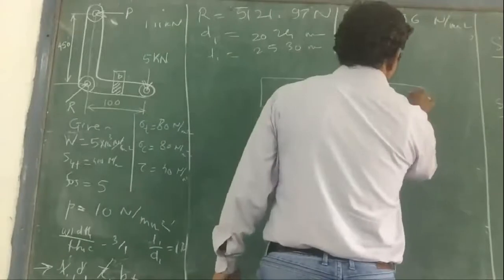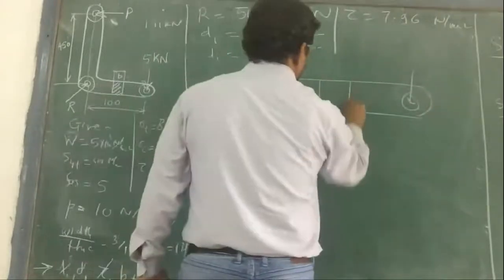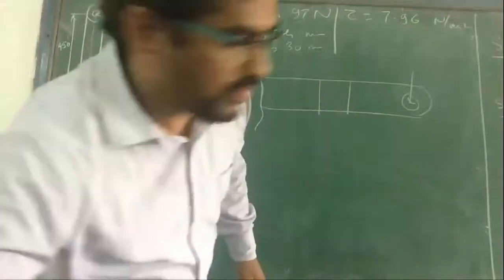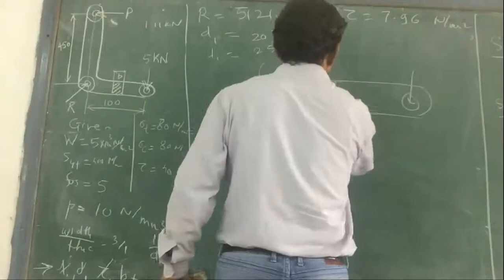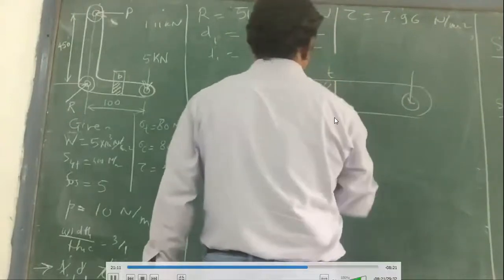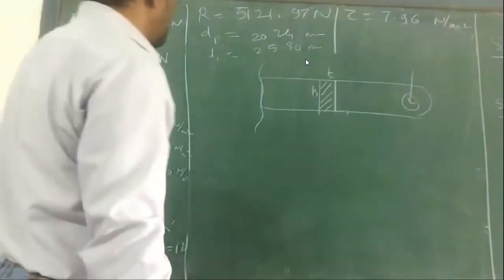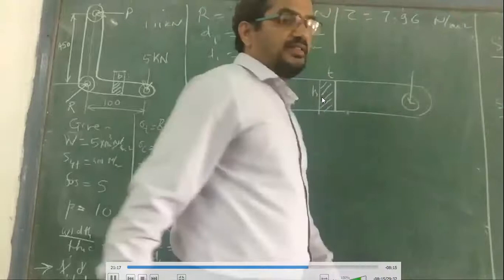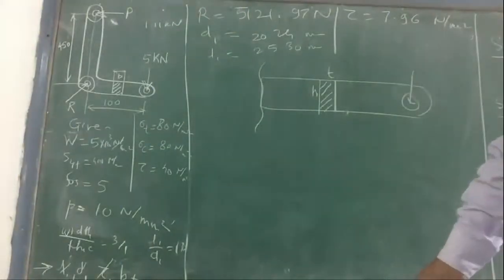I'm just taking only some part of it, and this is a cross section. Now this is a rectangular cross section, and we have given the ratio is 3 times. So this is thickness and this is height, right? The ratio of this width to thickness is 3:1. So width is 3 times more than the thickness. So whatever symbol we use, D is equal to 3B.